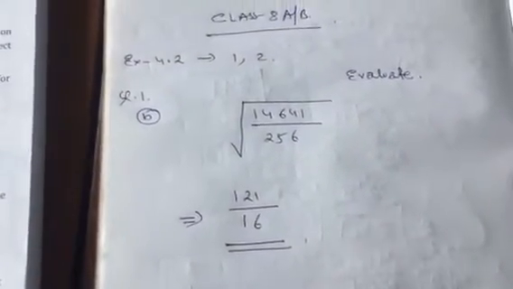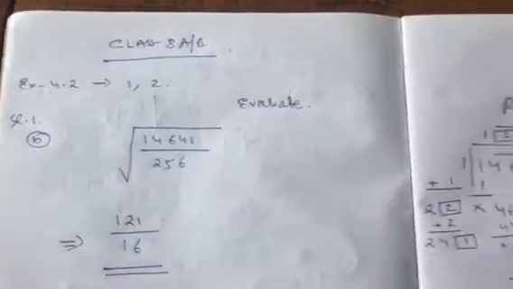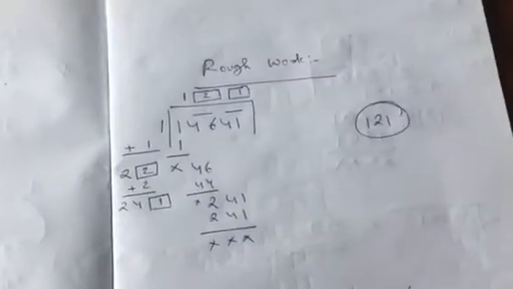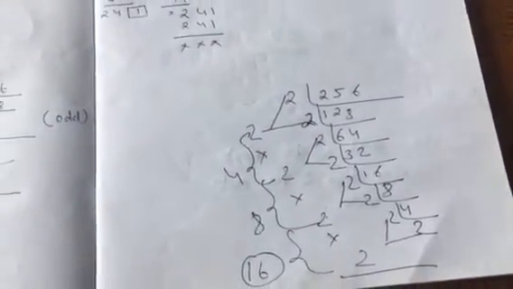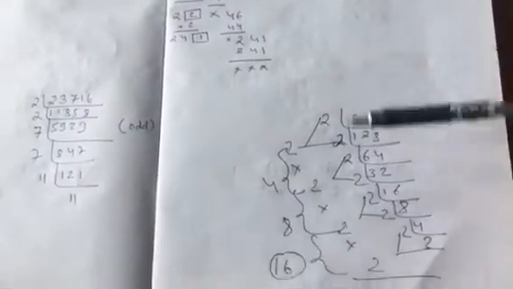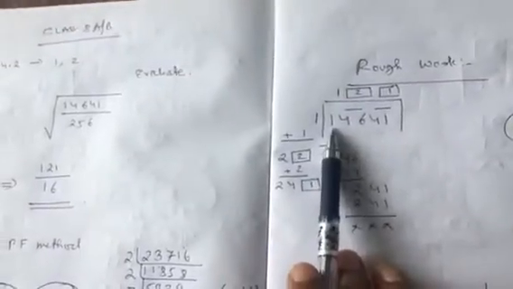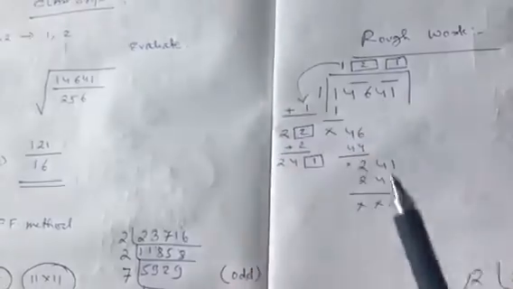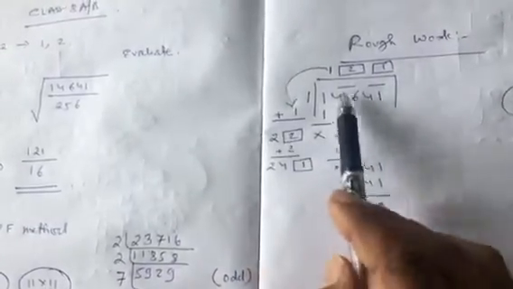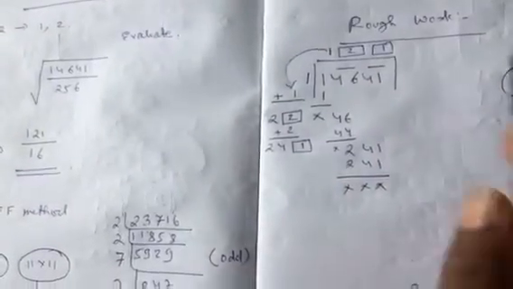What I have done to make things simpler for you is solve 14641 here on rough with the long division method, as you can see here, and similarly for 256 I have solved it with the prime factorization method. In the solution, 1 ones are 1, and this 1 again comes back and gets joined here, and 1 plus 1 becomes 2, and this 46 comes down, then 22. I just took the box system as I have already explained to you.